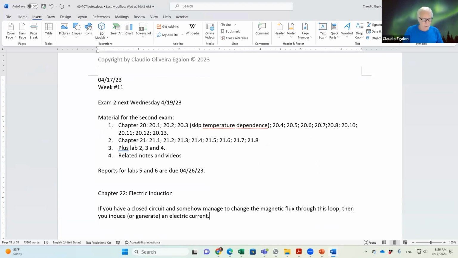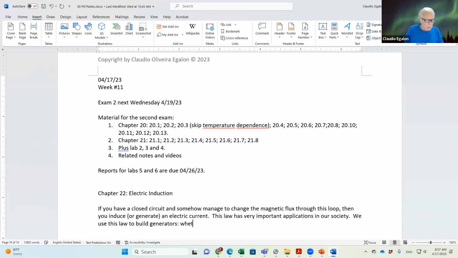This is a very important law. Listen, this has very important applications in our society. Okay, you have generators. We use this law to build generators, for instance,